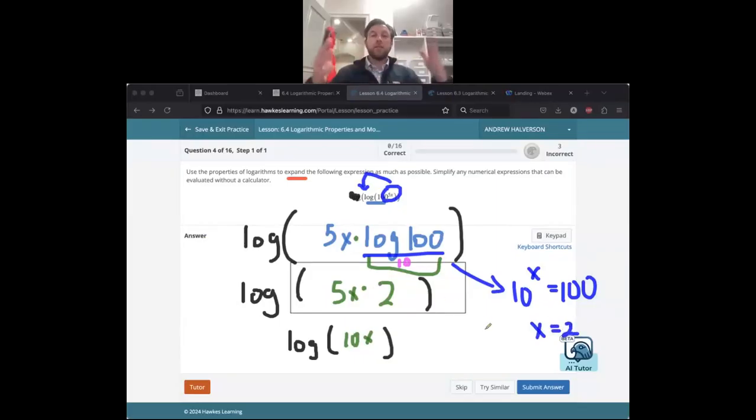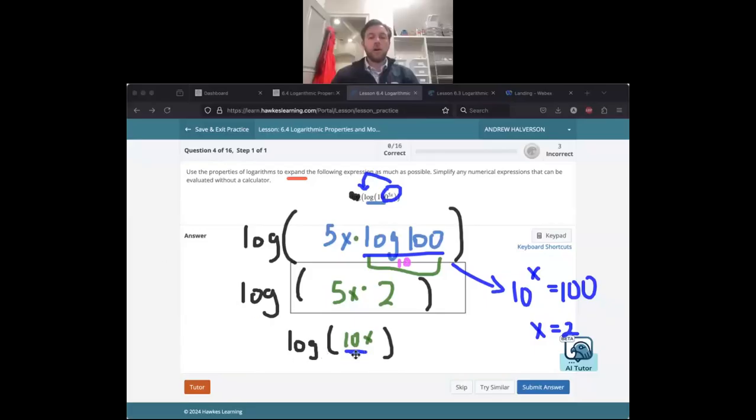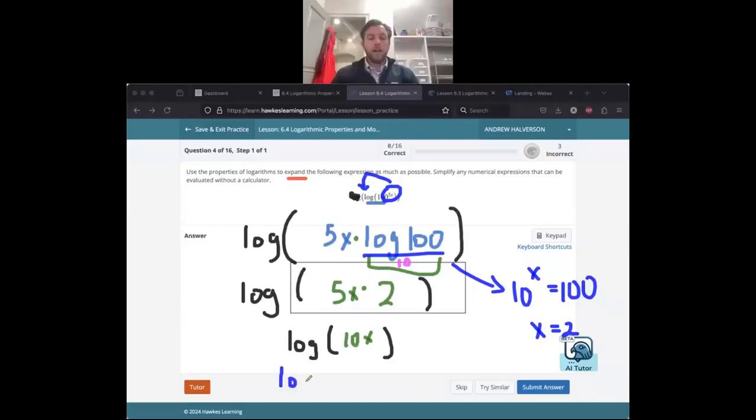It's asking what power of the base gives you the number. So now here I just cleaned it up. I combined the 5 and the 2 to give me 10. Now at this point, I can break this up. Finally, I can break this up and give them each their own log. And so this becomes log of 10